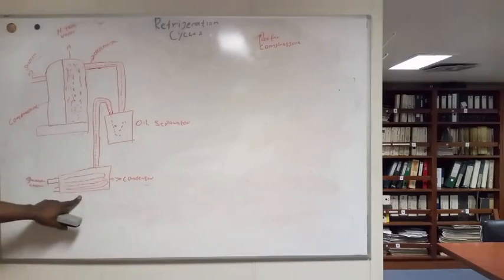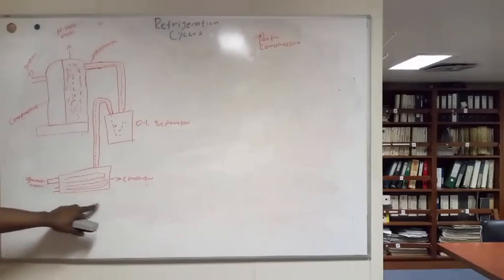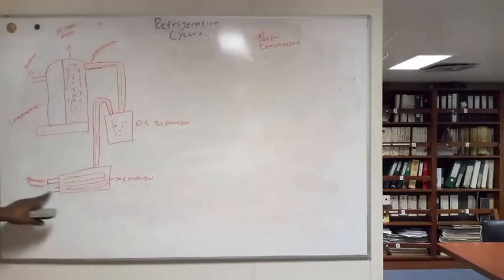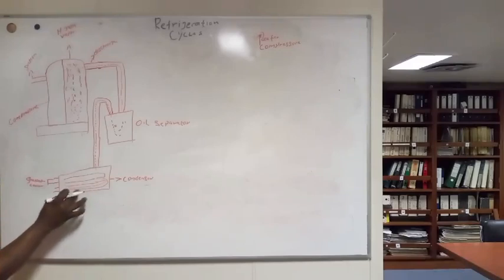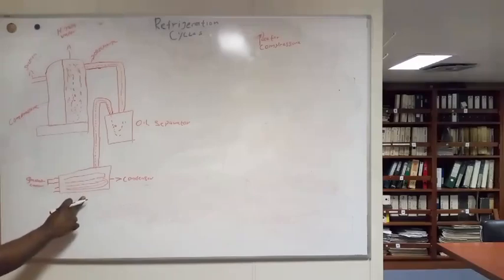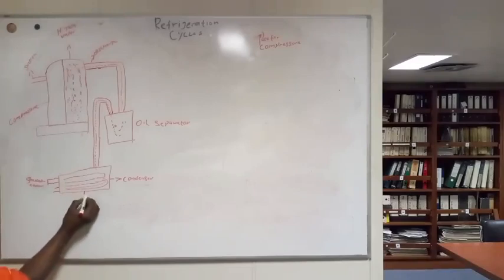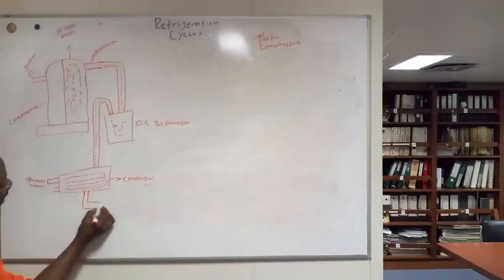With the help of the seawater, when it gets to this condenser, it becomes low temperature liquid gas. So when it moves out from this condenser as a low temperature liquid gas,